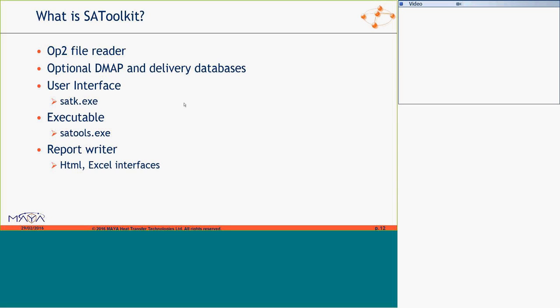What is SA Toolkit then? Well, it's many things. It's a native file reader, so we don't read NX solutions. We read OP2 files directly, and that gives us latitude in terms of being performant and getting what we want. That's part of what makes the SA Toolkit reader quick. You can use DMAP, or if you don't have a DMAP license and you use Nastran, you can point to the databases. You would do this in particular to use the residual flexibility method to account for modal truncation.